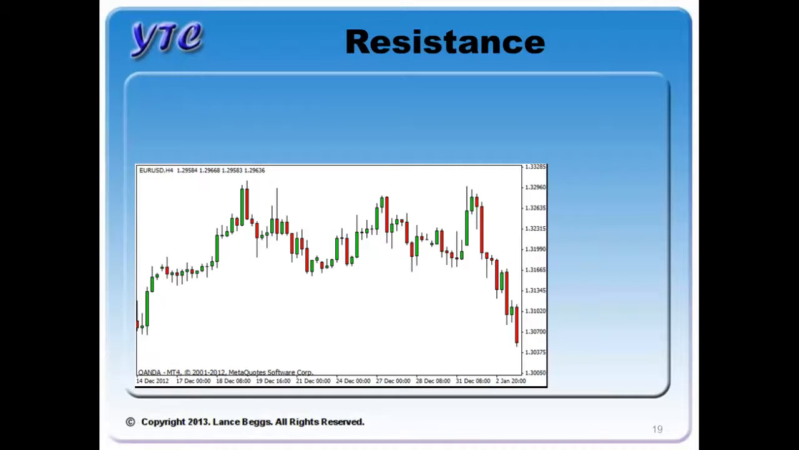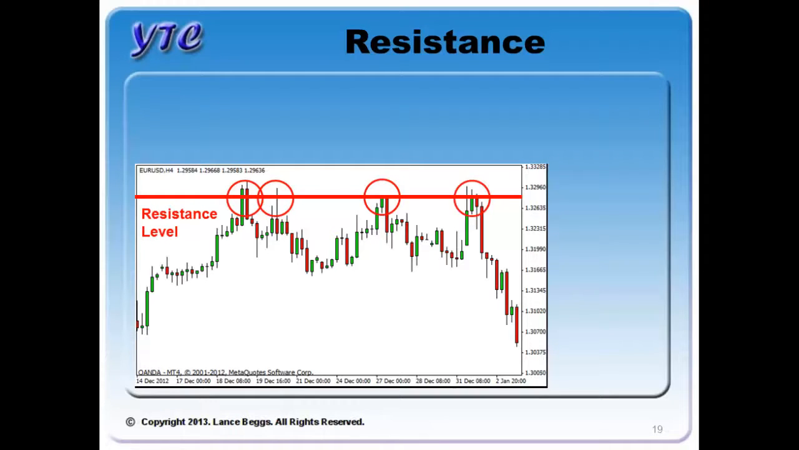In this chart example from Euro-US dollar spot forex pair 4-hour chart, we can clearly see resistance level at the top of the chart, here. Price rallied to the area, finding resistance at these 4 points on the chart. So why is this important? By recognizing areas of prior resistance, we anticipate a higher probability of this resistance area continuing to display some significance